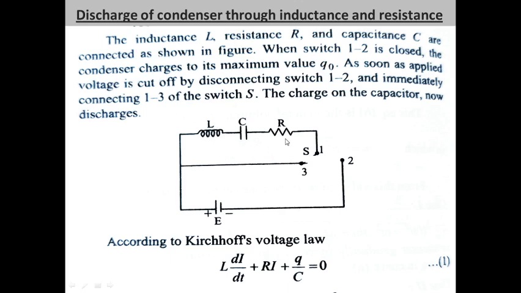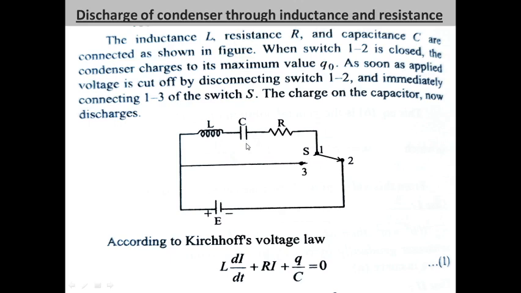are connected in series with a source of EMF E. In this article we have to study discharge of condenser, and that's why initially the switch S should be closed, means points 1 and 2 will be connected and therefore current I will flow through the circuit. So initially the capacitor will charge to a charge Q.